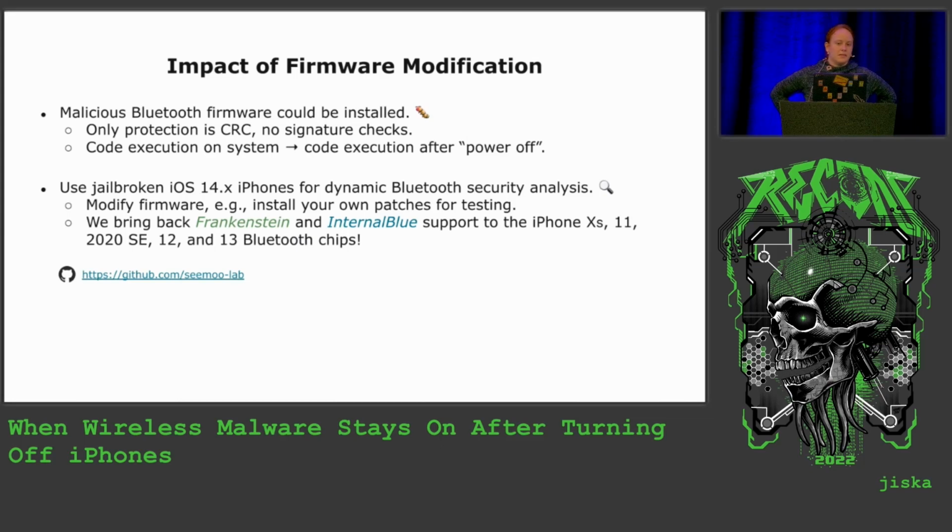The next thing is, and that's probably cool for all the reverse engineers here, is on. Okay, but this one is not on. Okay, yeah, all right. So yeah, the impact of the firmware modification, it really is powerful for you as a